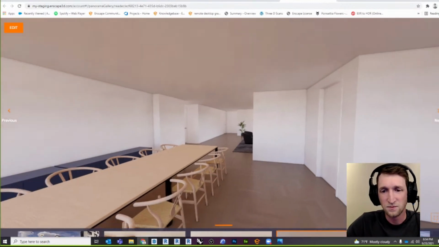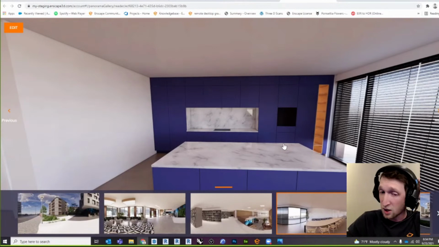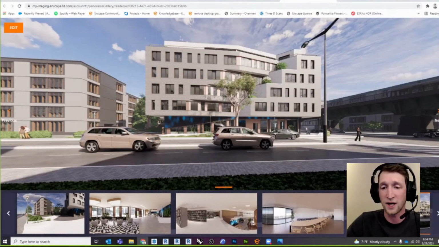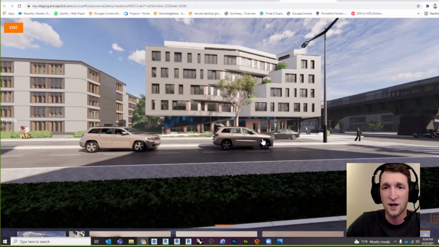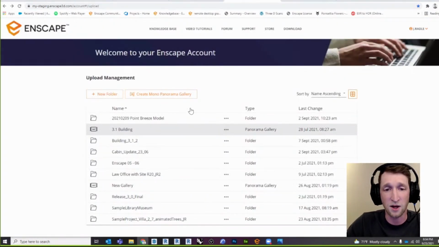There we go. So again, it's just as good as a rendering. I can flip between these, and I can really freely lay out how I want to give these to our customers. And the really cool thing is if I go back to my Enscape account with my panorama gallery,